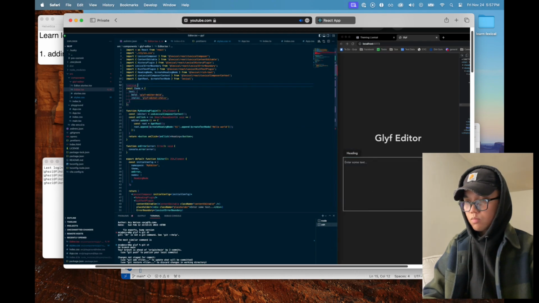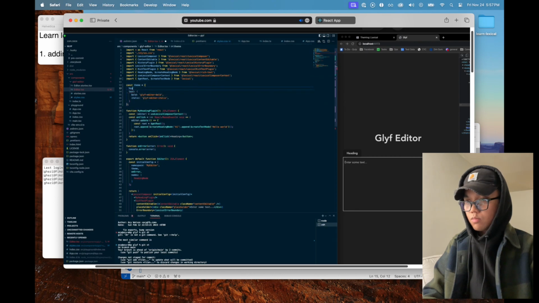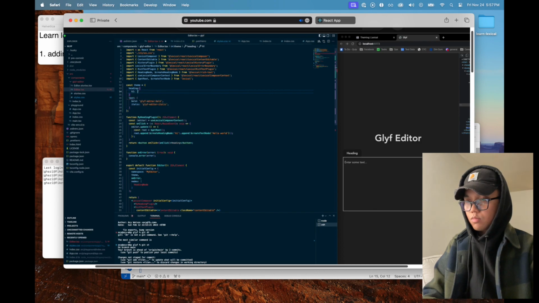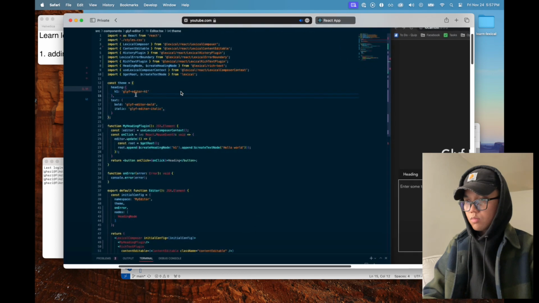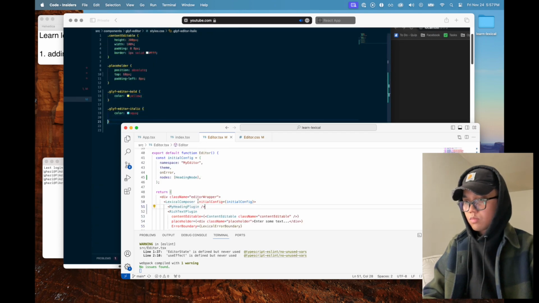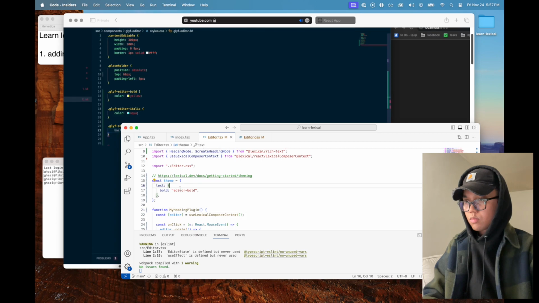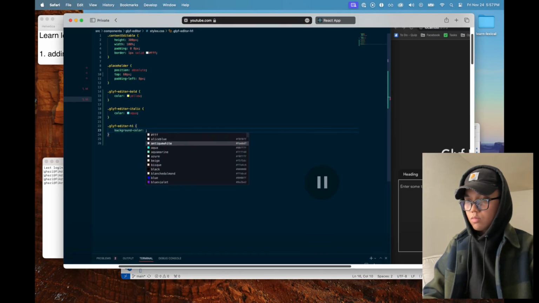And so the last thing we can show here is how we can use the theme. Oops. Chaos. All right, let's use the theme to actually add a class here. Let's go glyph editor h1. Save that. So let's go to our styles. With editor H1, let's give it a background color of